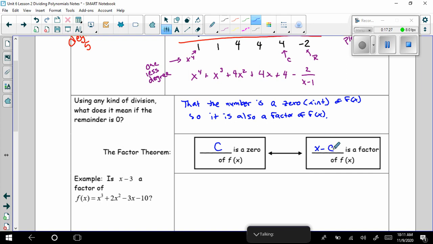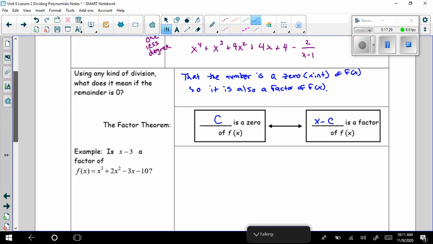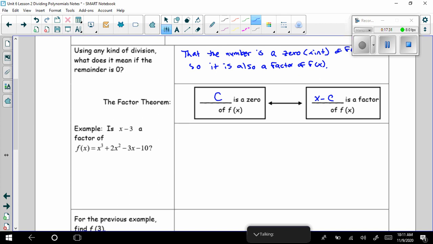So if we ask the question, is something a factor, you're essentially just dividing to see, do you have a remainder? Does it go in evenly? It's like asking, is 3 a factor of 12? All right, and then is 5 a factor of 12? So you can use whichever type of division you want here. I tend to use, if it fits for synthetic, I almost always use synthetic. I feel like it goes faster,